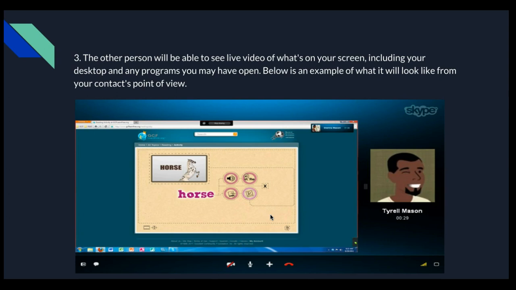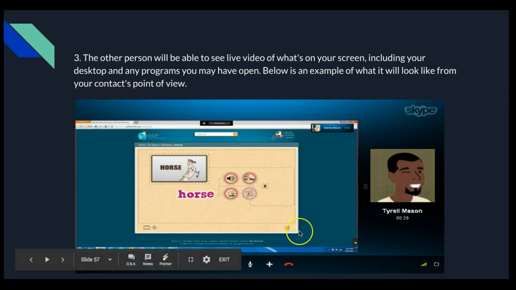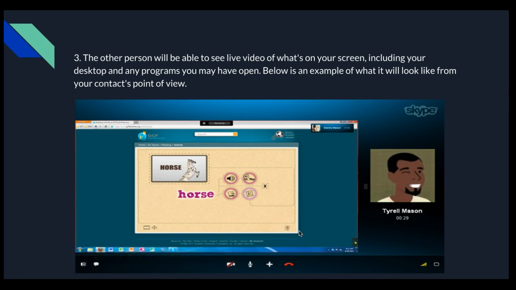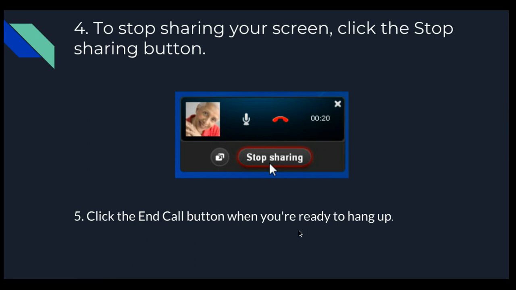The last thing you want is for some private information or some private things to pop up during a meeting that can be quite embarrassing, right? So what you want to do as well is just make sure that it's very professional and that everything the client sees is in line with the purpose of the meeting that you are having. Okay, great. So once you are done sharing, you can just literally scroll down and click stop sharing, and